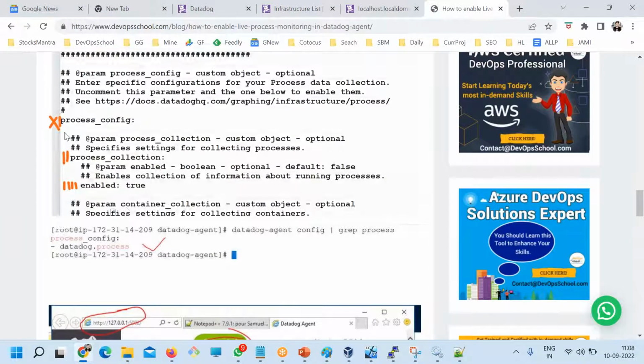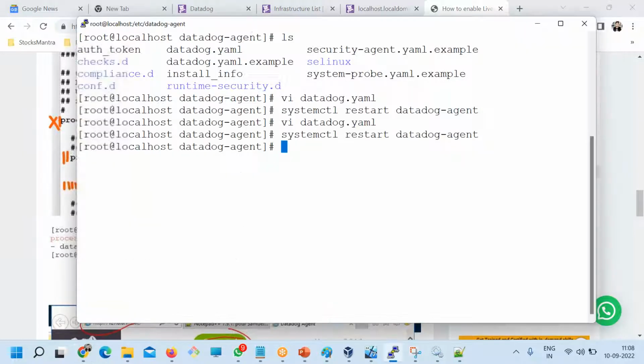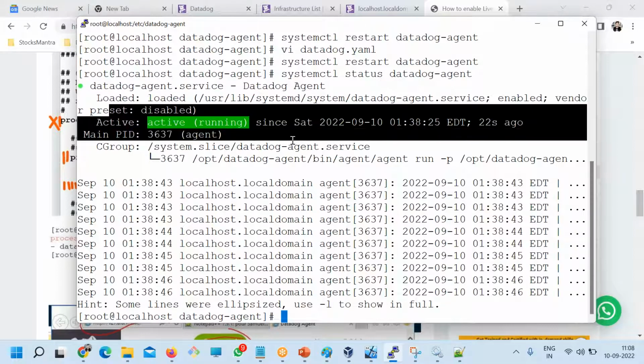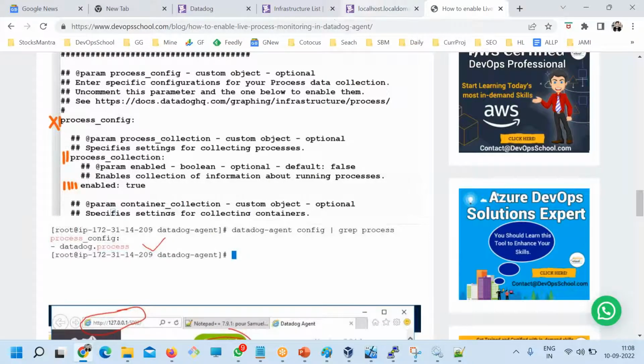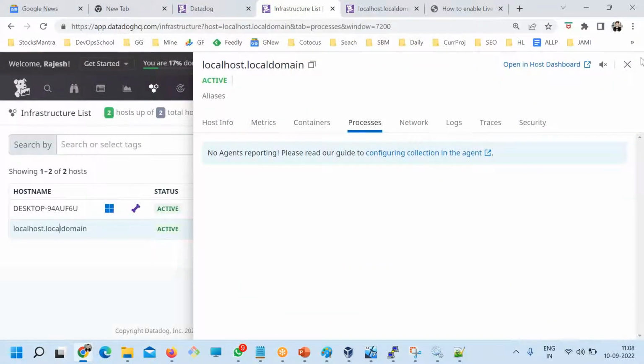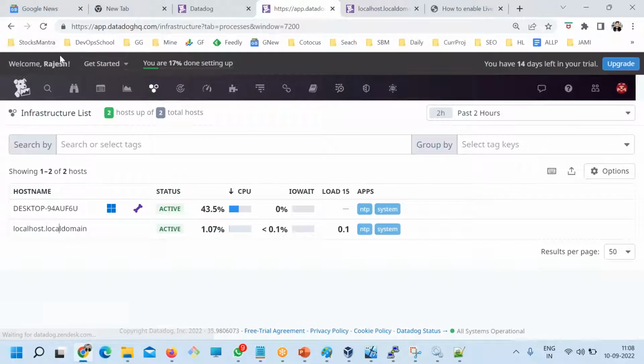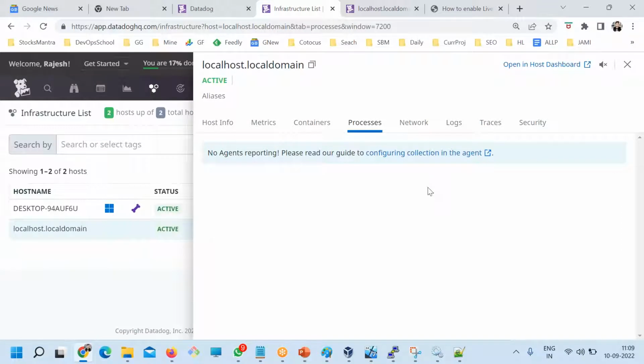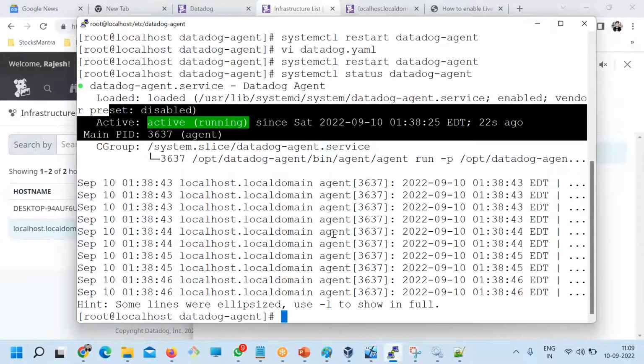Labels, yeah. So here you see that if you look at this, my tag is here, there's no space actually. In the process collections, there's a 2 space, and enabled true is a 4 space. So that is also okay. I think in your machine it was not four spaces. Yeah, here. So now can I go and check, cancel, refresh, Linux? So now it's not reporting, but I know it will take a few seconds.